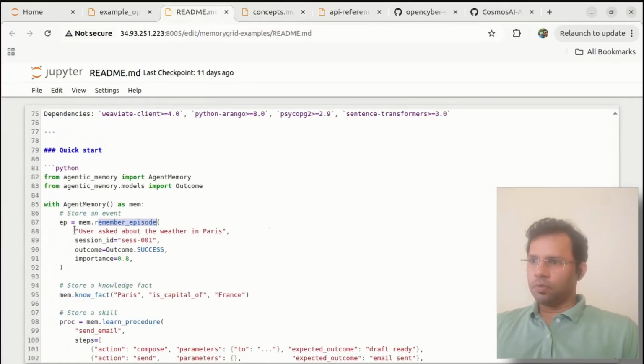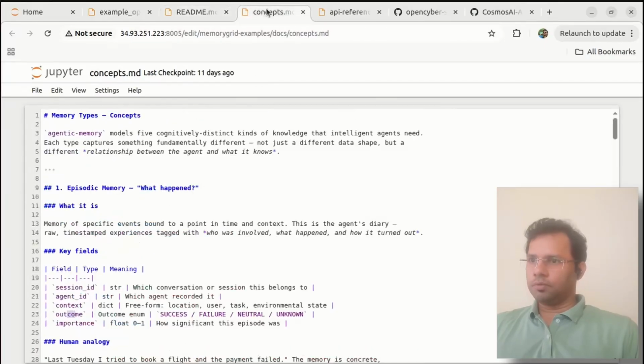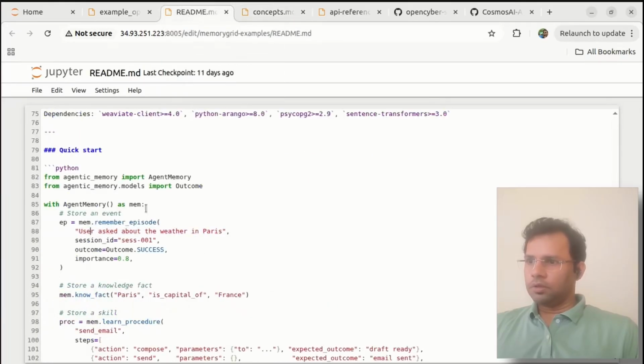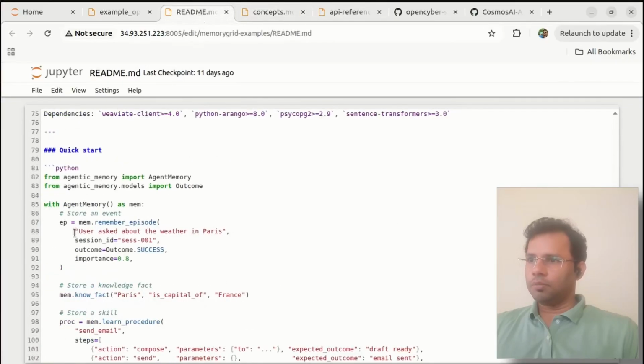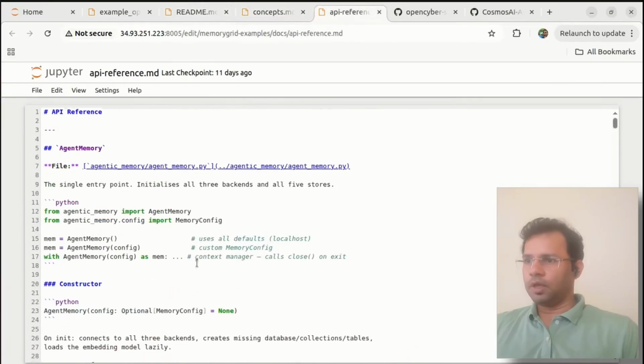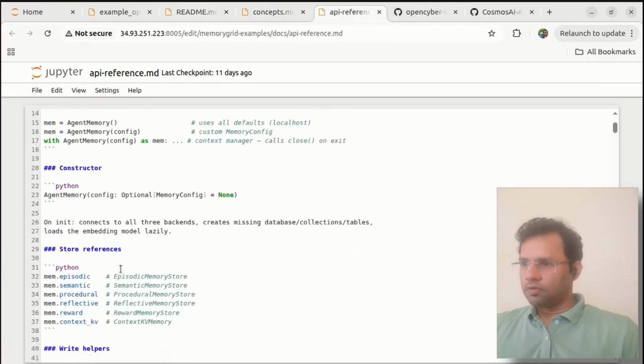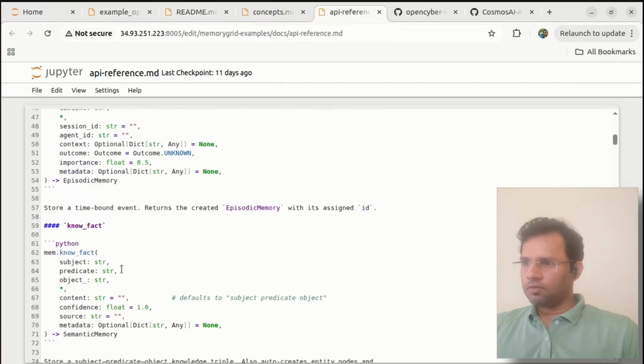So same thing. So context, sorry, the session ID, agent ID, context. So session ID is there, outcome is there, importance is there, and one other thing, importance, outcome, context. So another thing is missed here. So that's nothing but the raw data. So we can check it from the API. API reference. So let me just show you the API reference for this particular